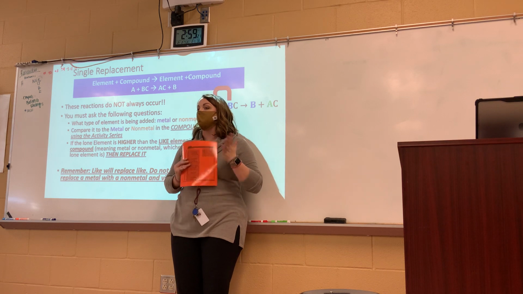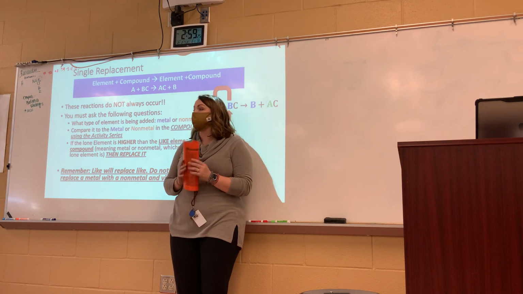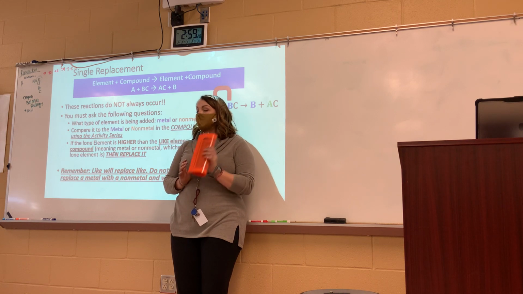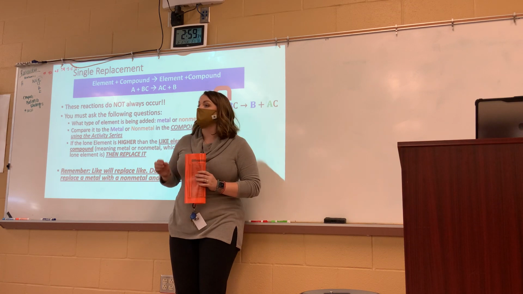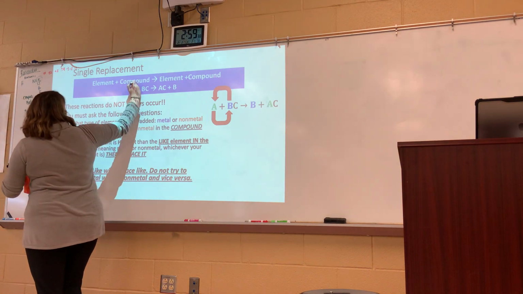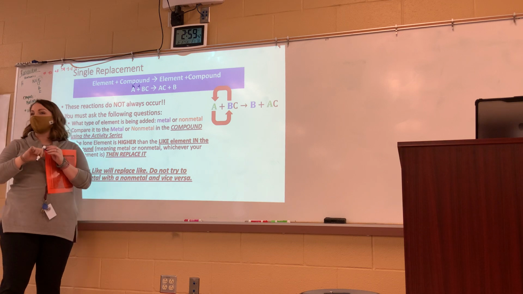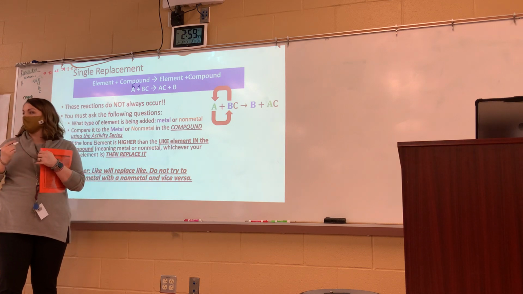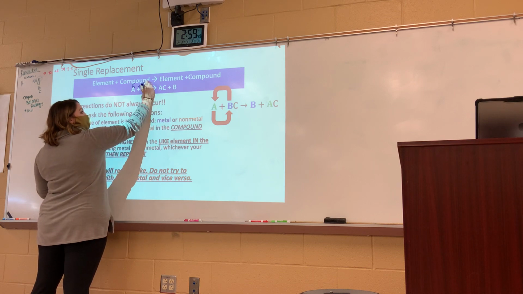The one that is on top wins the battle. So which one wins? Potassium, K. What that means is that potassium is more reactive than aluminum. So if K was being added, say K is A, does that make sense? If potassium is the element that's being added, and say the compound is aluminum with some type of non-metal,